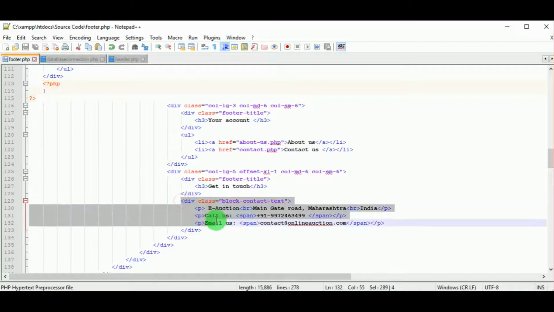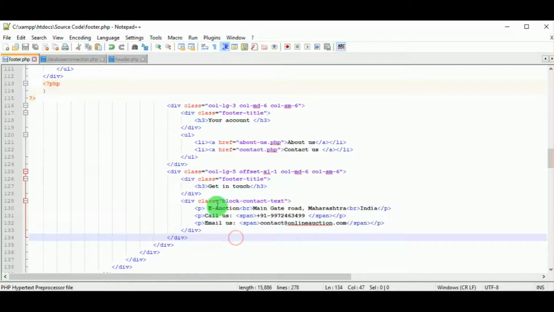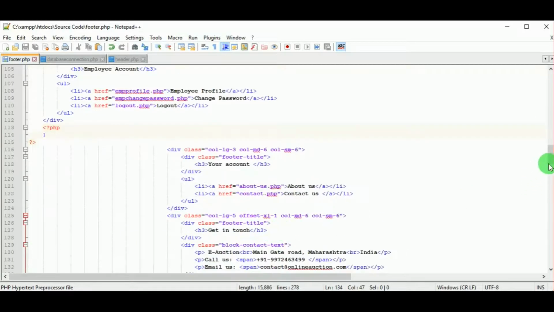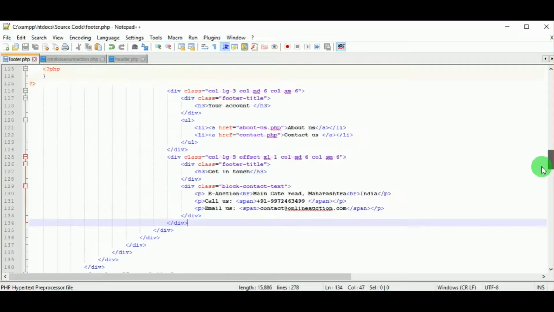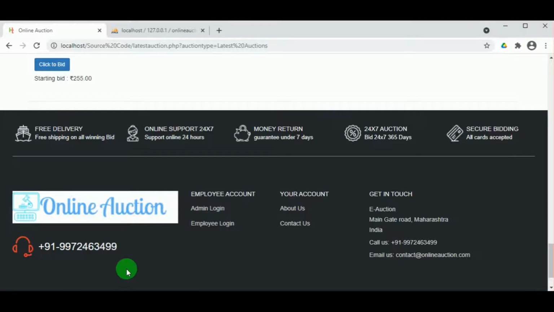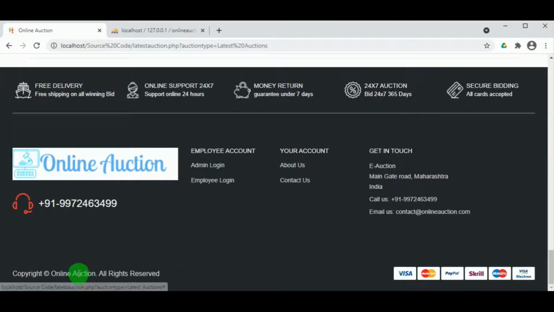And you can see the contact details there, that is the location of the company can be viewed there. This can be written and edited as you wish. And in the copyright also, whatever data is written there, you can edit in footer.php.